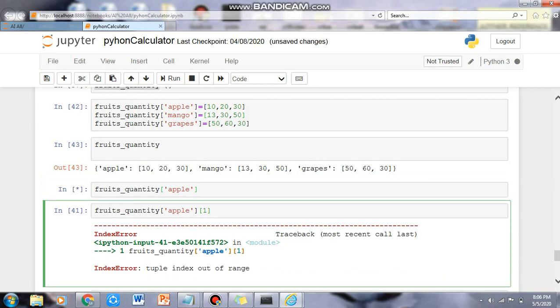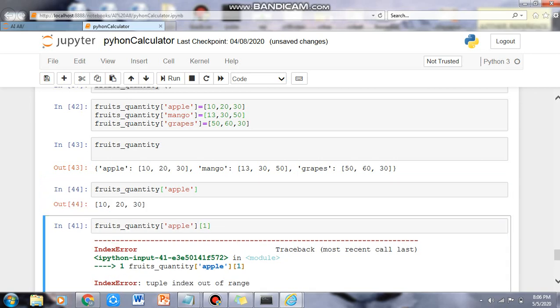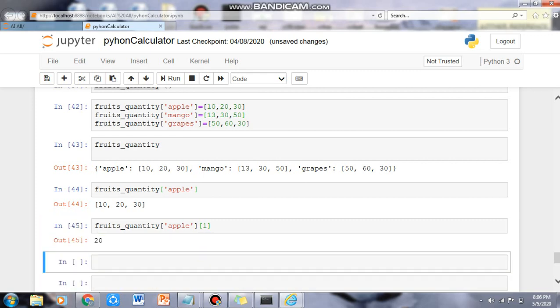So apple will show the list, and now it will show the first value. The apple is the name of the key, but if we want the indexed element, we use the index here, index 10. So if we see the list of apple, that is 10, 20, 30.